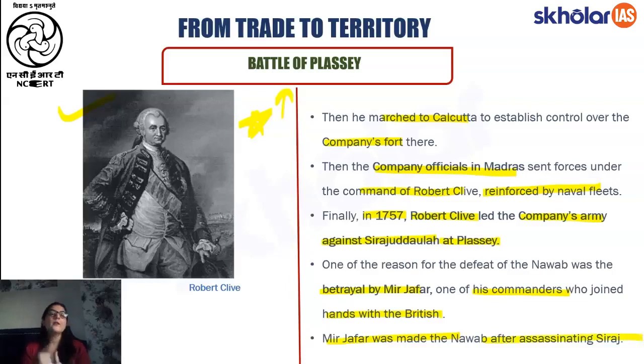Now here, students, one very important point that I would like to tell you is that till the year 1757, the pure aim of the East India Company was related to trading and gaining trading benefits. They were not at all interested in ruling India or making themselves a part of the administration of our country. And that is why once they were successful in killing Sirajud-Dowla, they gave the throne to Mir Jafar, who could in turn be a puppet type of Nawab for them and give them lucrative trade policies.